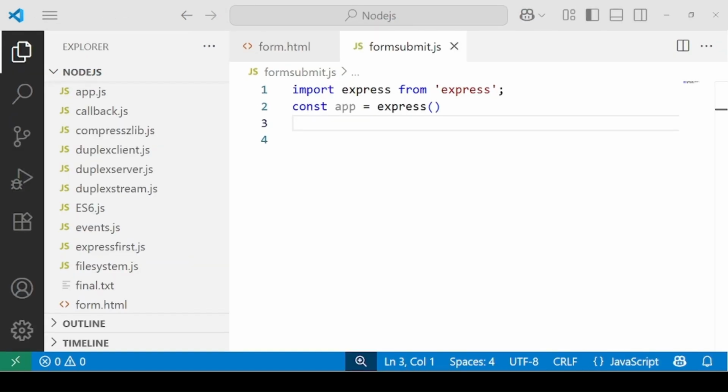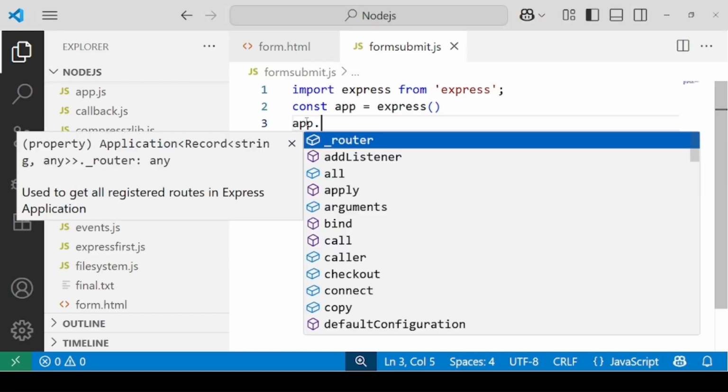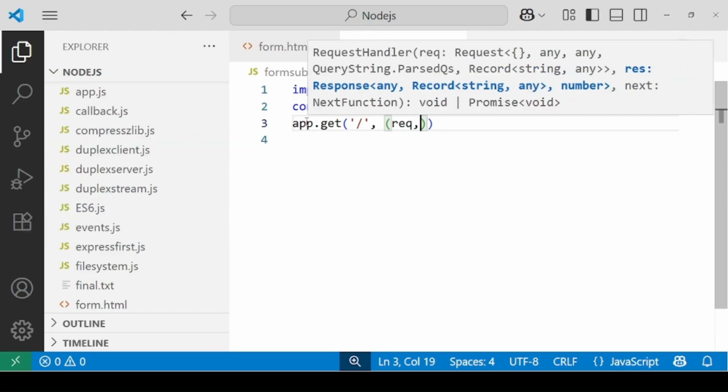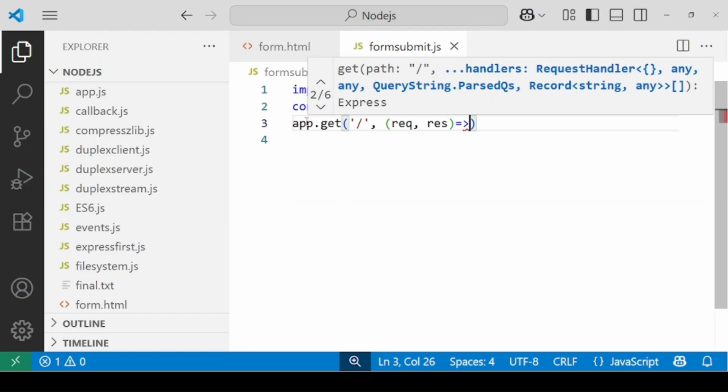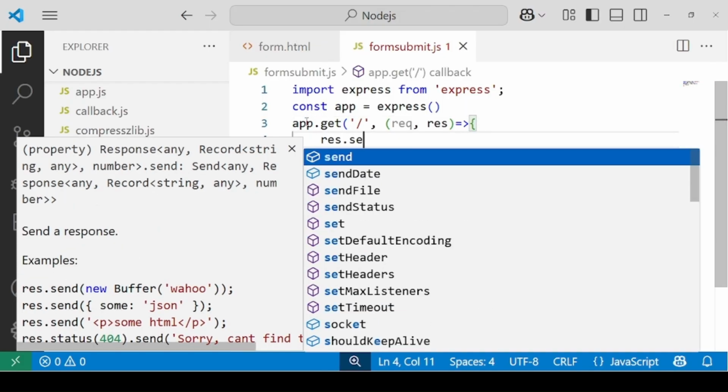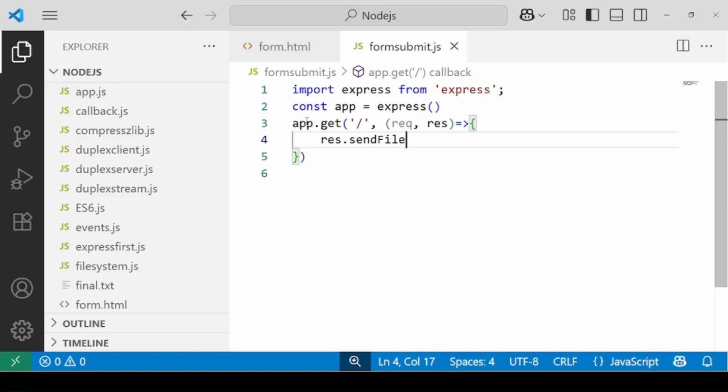We need to now see how we can send our HTML file over the browser. So we have to use the app instance, attach the get method, mention the URL, and pass the request and response parameters inside the callback function, and use response. You need to use the sendFile method.